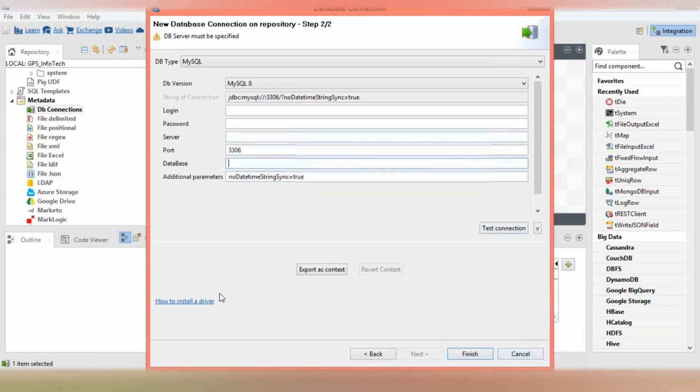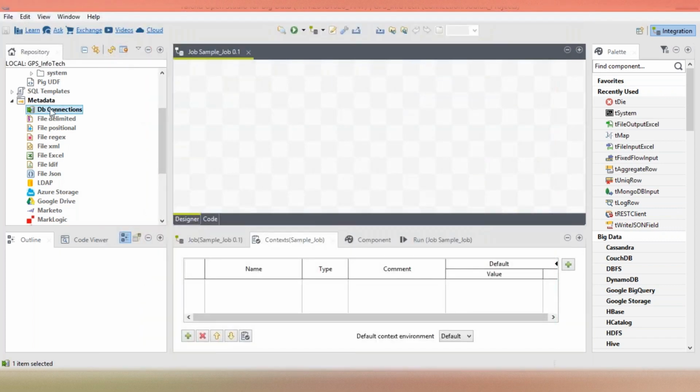So MySQL is not available, only Mongo is there in my system. So once you define that connection, that particular schema will be available. From that you can just import the schema of that particular, what are the tables you want, right? The tables will be available in that particular. Once you retrieve the schema, then it will show up the list of tables contained under that particular schema, so